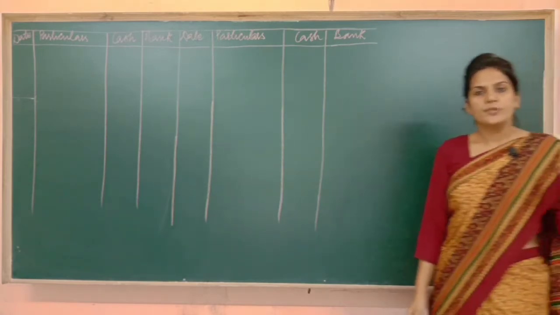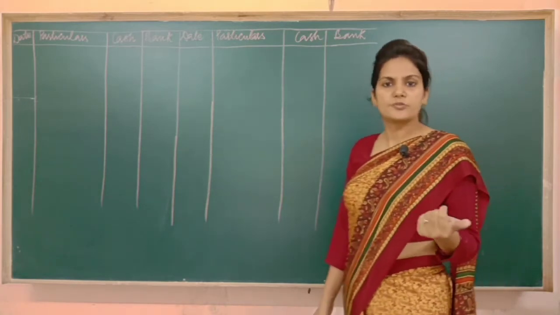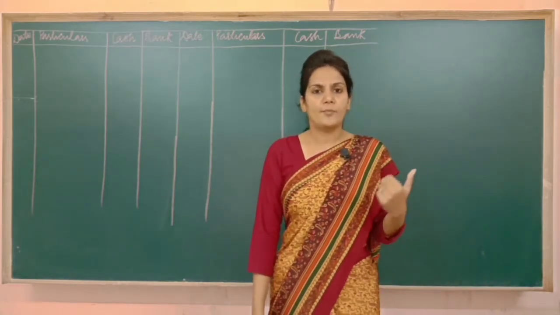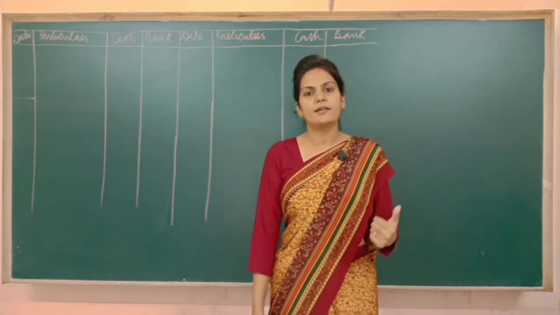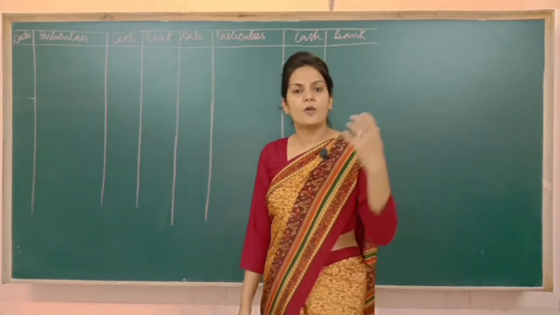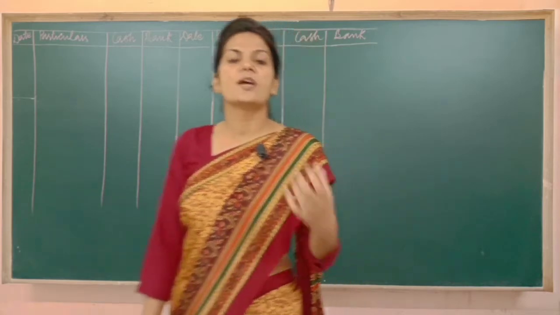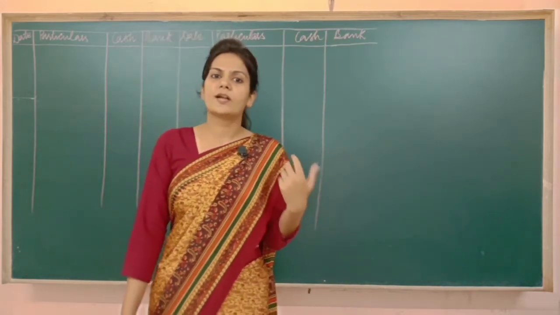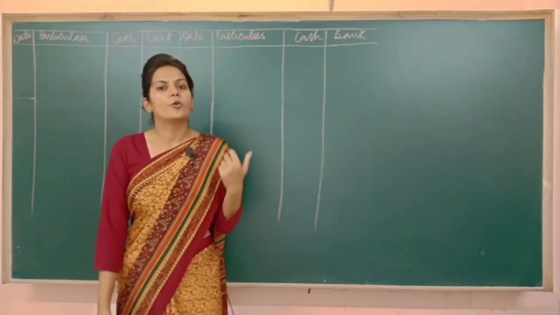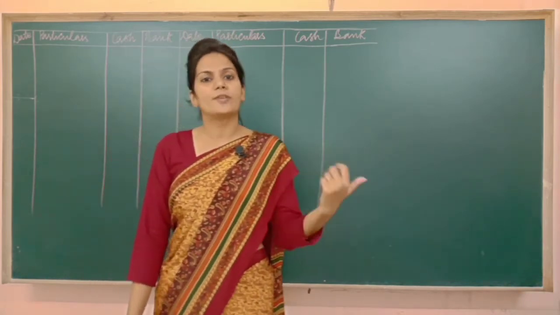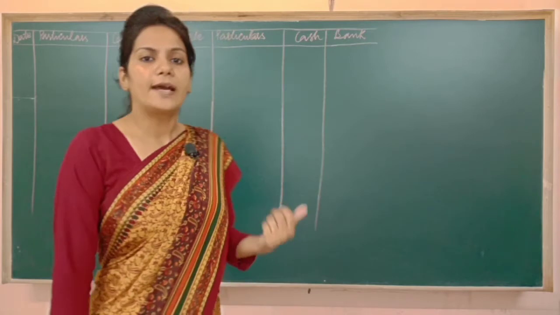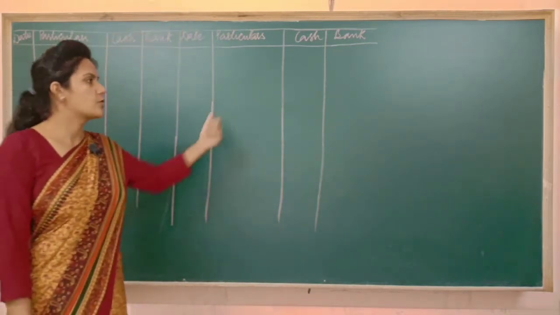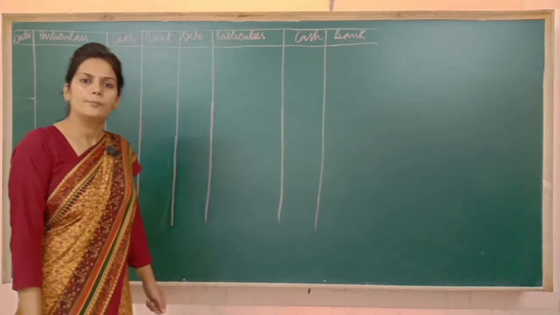Bank overdraft means credit balance of the bank. As you know, credit balance means when you have withdrawn money from the bank more than what we have in our account. Means my account balance was, let's say, 10,000. I have withdrawn rupees 12,000 from the bank. So 2,000 becomes bank overdraft, and bank overdraft is a liability, so it has a credit balance. That's why I'm going to write the amount of bank overdraft on the credit side of the bank column.